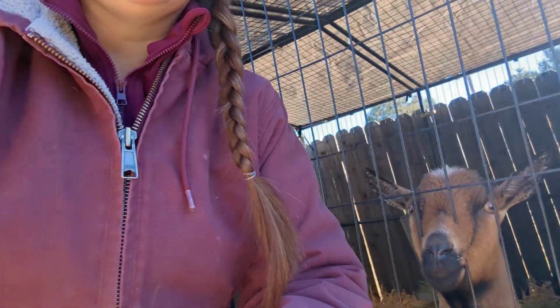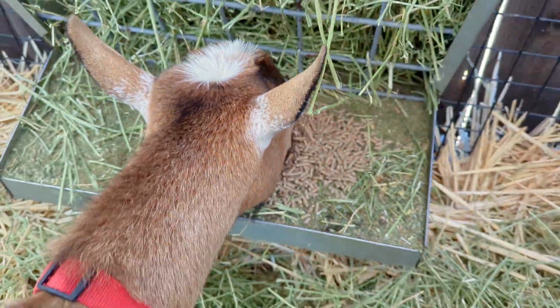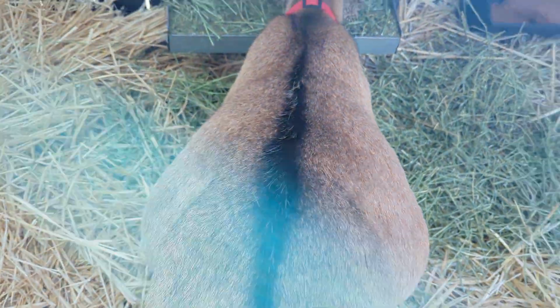Morning. It is January 12th, and we are one day past due with little Miss Prim here. She is just sitting pretty. I'm really hoping that she does give birth today. It is such a warm day compared to how it's been. So if she was holding out for a nicer day, today's the day. Of course, she's interested in getting her feed there, so we'll give her a little of her grain and then